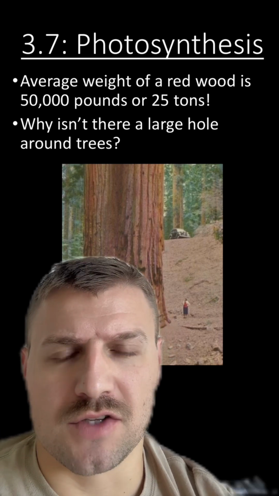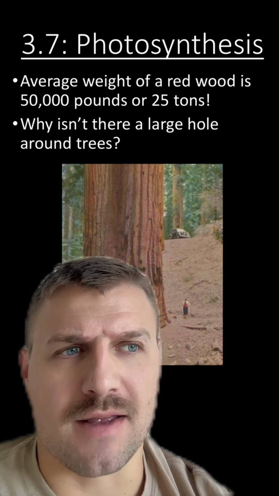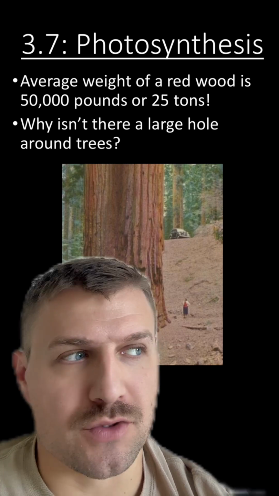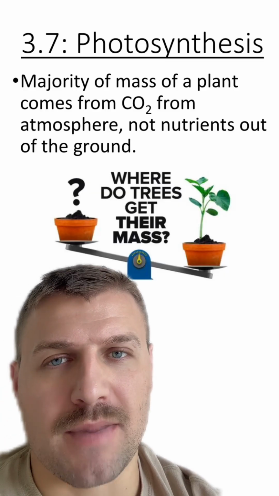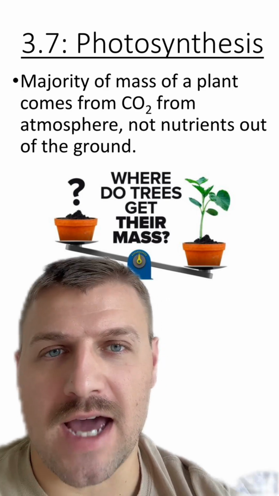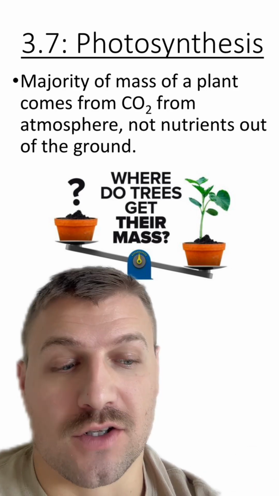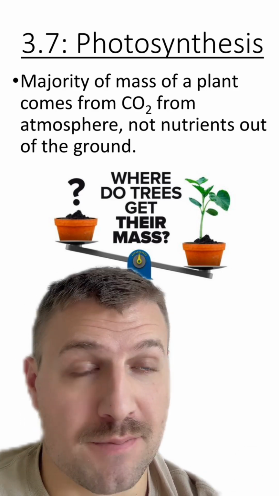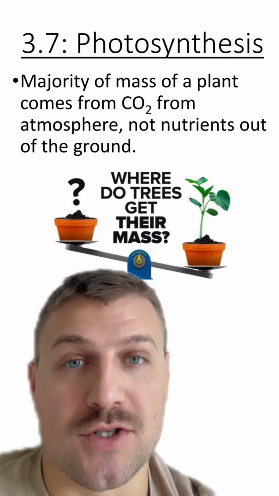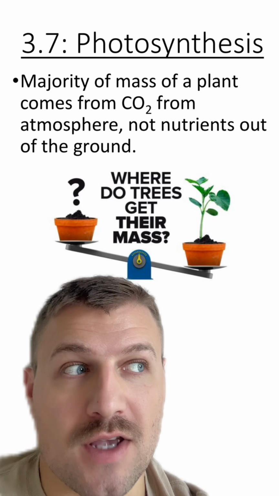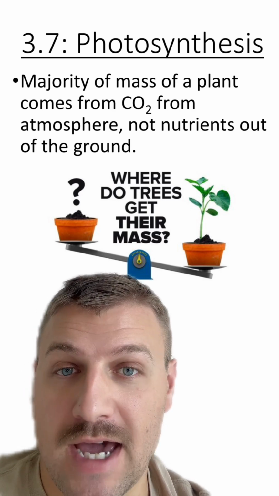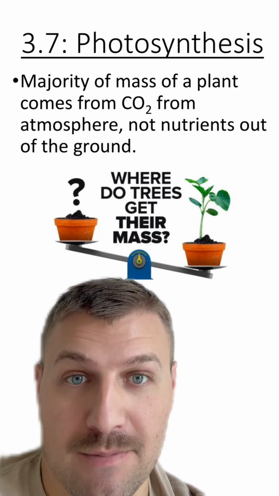And this question usually confuses the students because they think that matter is going to come from the roots or from underground. But what we talk about is that the majority of the mass of a plant comes from CO2, comes from the atmosphere. The cellulose and different glucoses and monosaccharides that are in plants come from the CO2 they get from the atmosphere. So again, the majority of a plant's mass comes from the atmosphere,